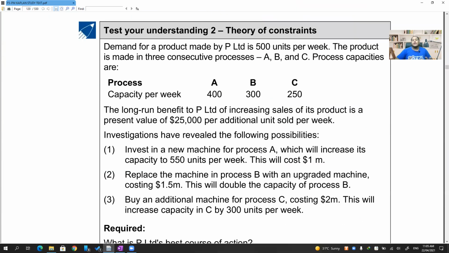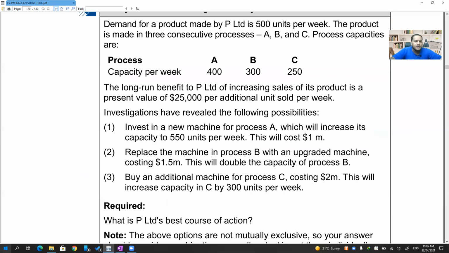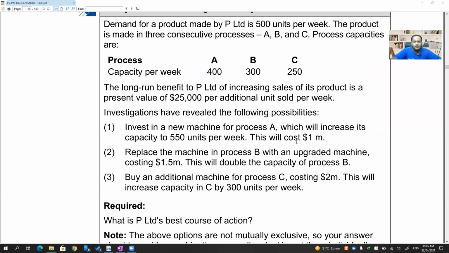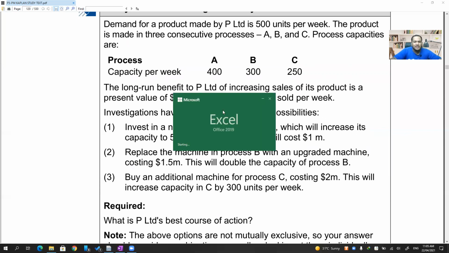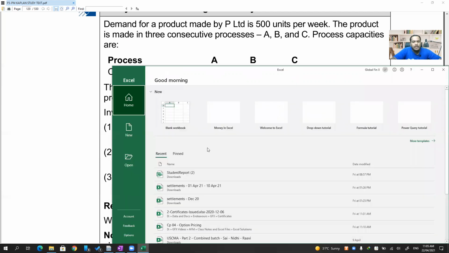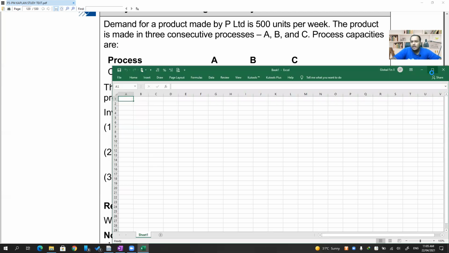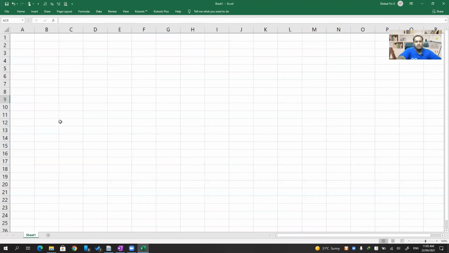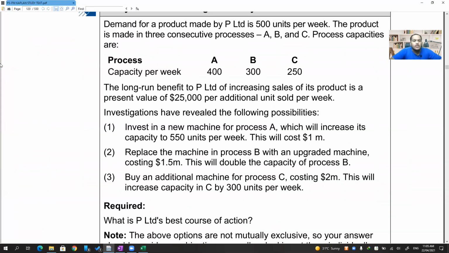Okay, let's do this question now. This is a very easy question. It should not take more than 10 minutes for me, but since I'm explaining, it may take 5 minutes extra. But let's see. It should not take even 5 minutes if I'm doing it myself. Let's do this. Come on, Excel. Don't give us trouble. Okay, let's start.